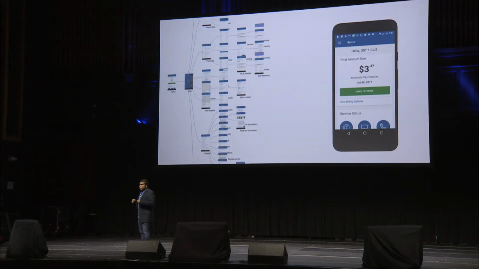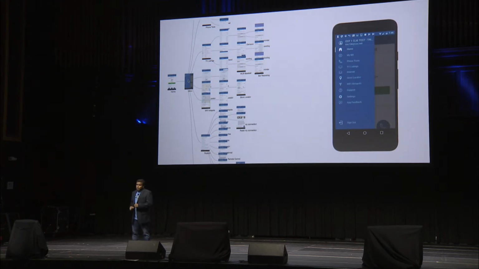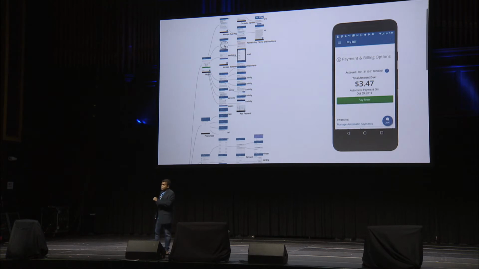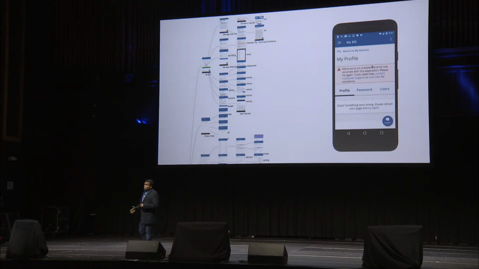What you're seeing on the screen is the Cox Connect mobile app, and our engine was able to find an issue in the billing section of the app. Now, MoQuality identified and documented this error in literally minutes, something that would have taken a human tester hours, and that is even if they could find it at all.